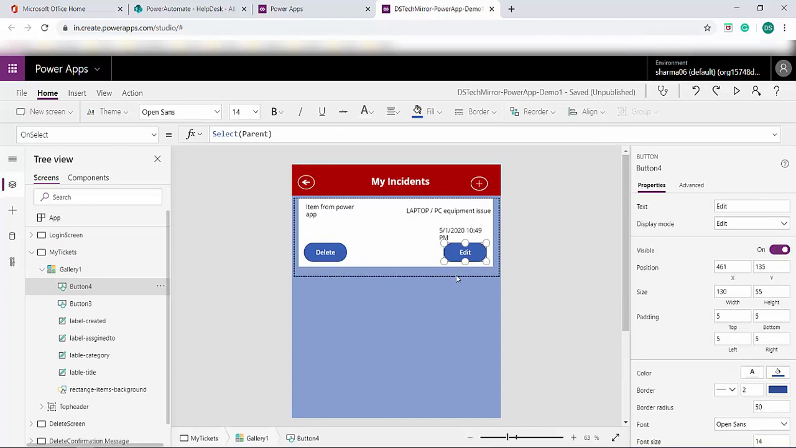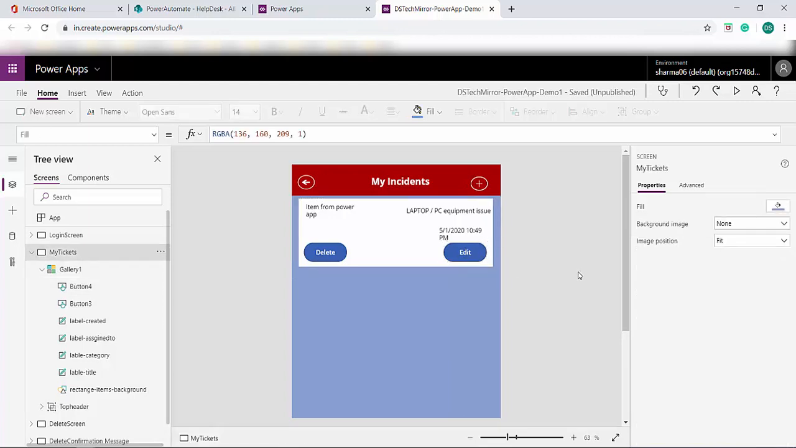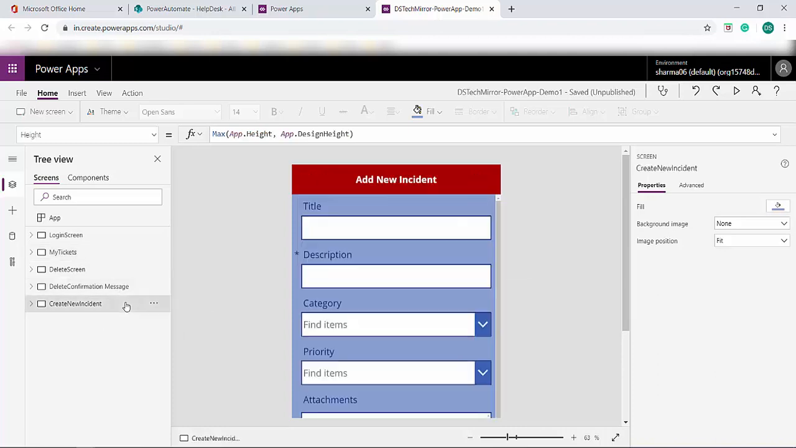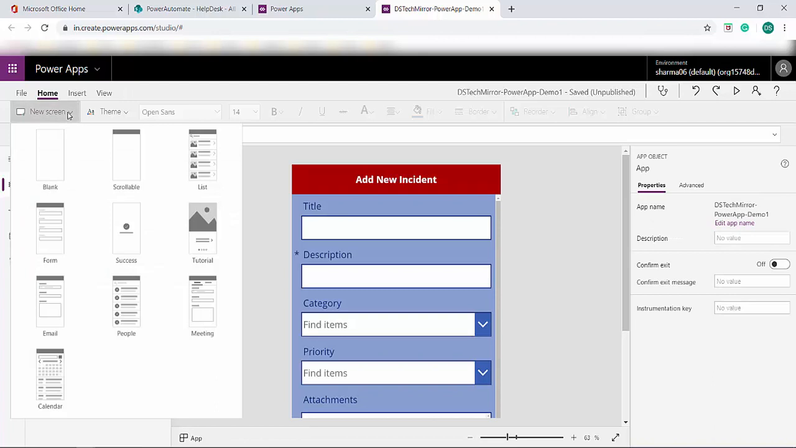So if the user wants to edit anything in his incident, how will the user do that? So let's see the edit functionality now, and then we'll move on to more functionalities. So now let's start with the edit functionality. For the edit functionality, we'll create another screen for editing the incident. For that I will select my app, and from the top this time what I will do, you can see